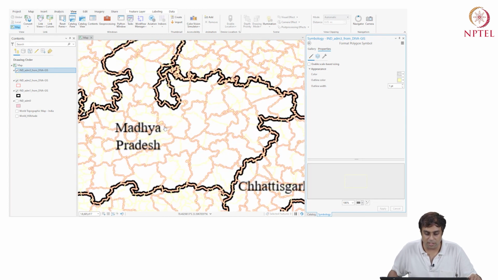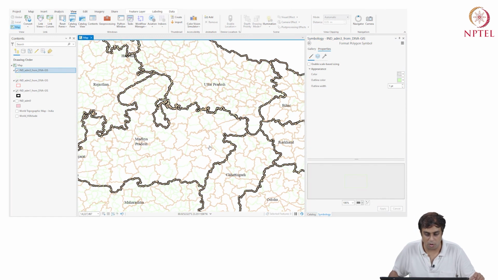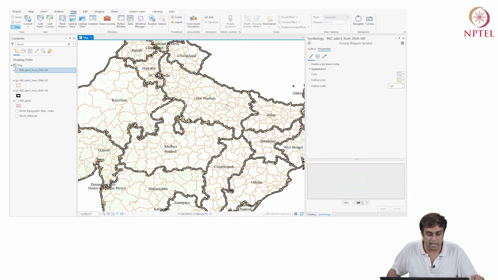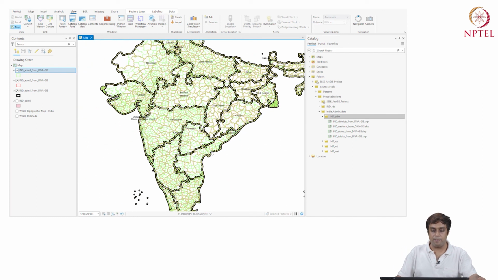Okay, so you can play around with symbology, but ultimately the idea is to figure out a way to visualize all the different details. So interestingly, I have different states. Within Uttar Pradesh, which is demarcated by this black boundary, within that, the red or the crimson boundaries are the district boundaries. Within that, the green boundaries, which can be a little darker. Let's try a little darker. Yeah, are fantastic. Now these are my taluk boundaries.